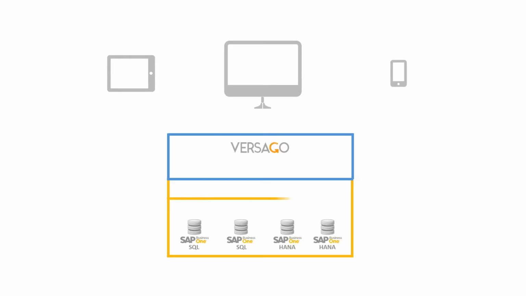I'll get into some specific examples in a few minutes, but it starts with what Versago is. You heard me mention it's a portal platform, and it's a loosely coupled platform, which provides distinct advantages. For one, Versago connects to multiple databases, whether it's SAP companies or other backend databases. The other important thing is that it's a flexible portal platform. So what does that mean to you?